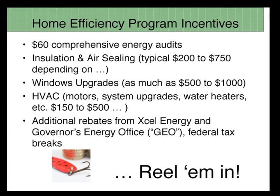In many cases, you can take our rebate and Xcel's if you're a Xcel gas customer and City Electric customer. And likewise, the Governor's Energy Office here in Colorado has some rebate dollars that can all stack up. So